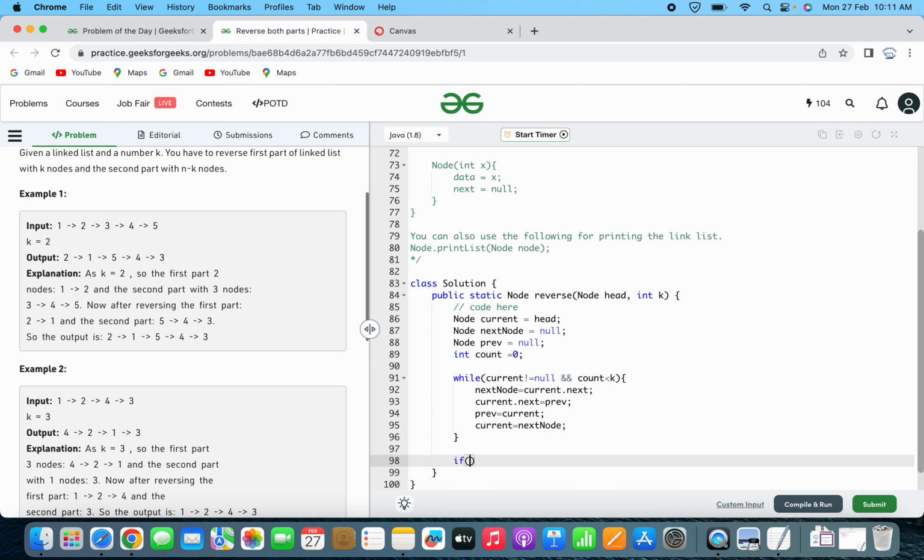then we will simply check if next node is not equal to null. If next node is not equal to null, then what we will do is reverse the remaining linked list. So here it will be the same thing. See, here will be passed next node, and here we passed initially k, so here we will pass n minus k,